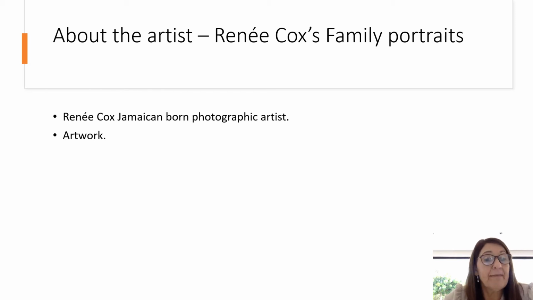Renee Cox is a Jamaican-born photographic artist who uses her provocative photographic art to address the legacy of slavery, and her main focus is to empower the minorities while challenging stereotypical representations through her artworks, according to Phillips Bradley in 2012, which also described Renee Cox as fierce, fabulous, and one of the most controversial African American artists of our time,